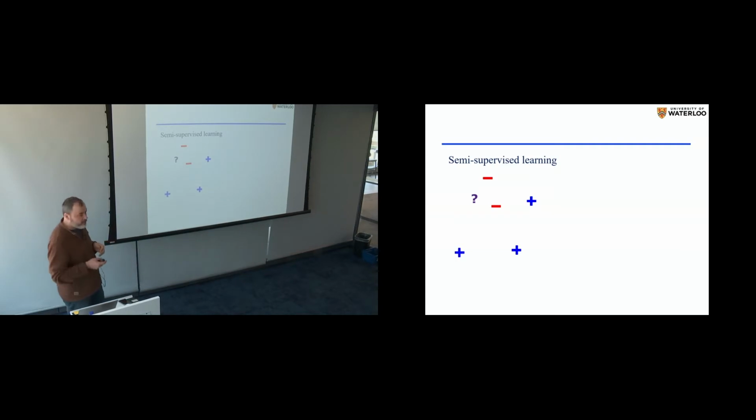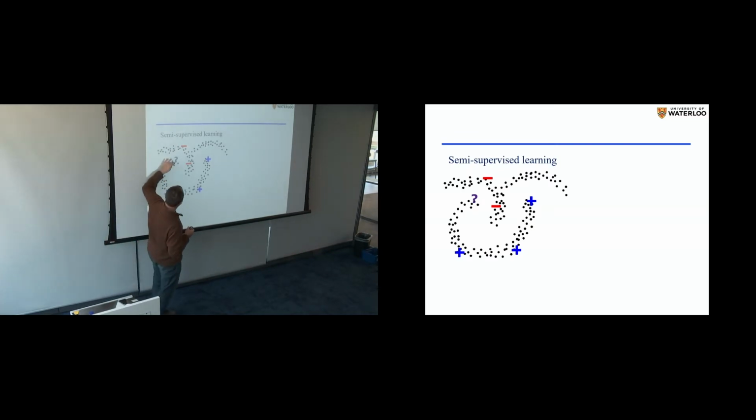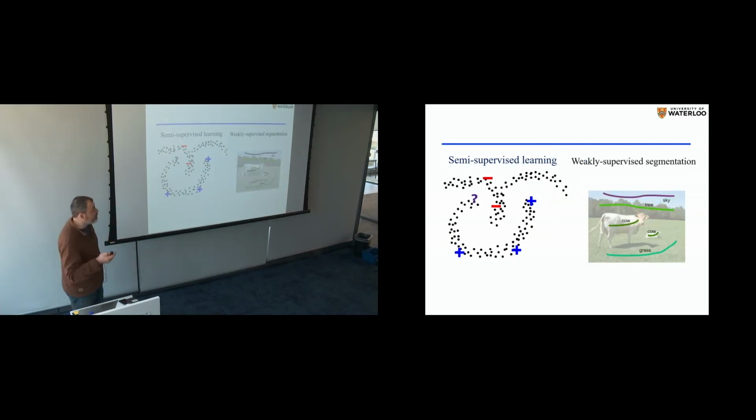But if you have lots of unlabeled examples in your data, well, you may change your opinion if you see this. So if your old data looks like this, then you may say, well, yeah, but it seems to be fitting this subspace or whatever you want to call it, and maybe you will classify it positively now. And that's basically an example of how unlabeled data may change your opinion. We're pretty much using the same concept for segmentation.